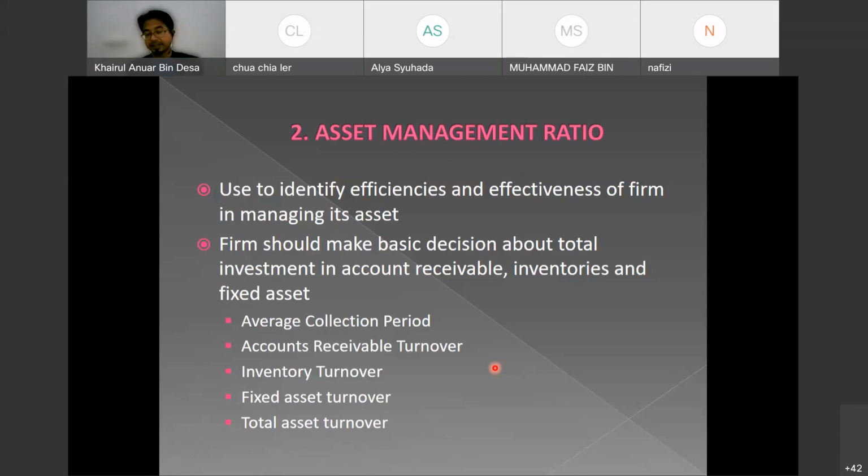Sebelum kita pergi jauh, aset ada 2 jenis aset. Kita dah tengok dalam balance sheet sebelum ni. Ada 2 kategori besar ataupun 3 kategori besar aset. So I want to call Farah Umairah. Farah, ada sini Farah Umairah? Yes, sir. Okay, what is the 3 categories of the asset? Fixed asset